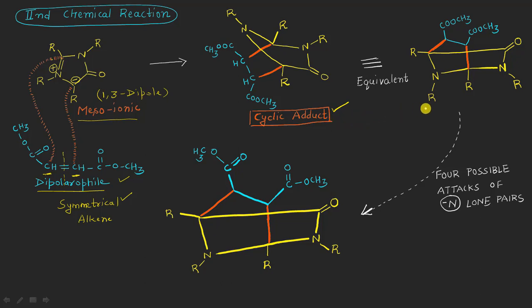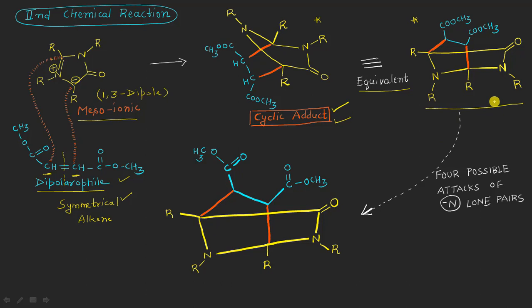Okay, so what I have shown here is this structure. It is an equivalent structure for this type of cyclic adduct. You can always compare this structure as well as this structure. They are exactly the same. It is just a matter of representation. I have represented it in this way so that you can easily understand what is happening in this reaction, right? And now after that, what I have drawn here is just a bigger picture of this cyclic adduct. It is that same thing, just a larger picture I have shown here.